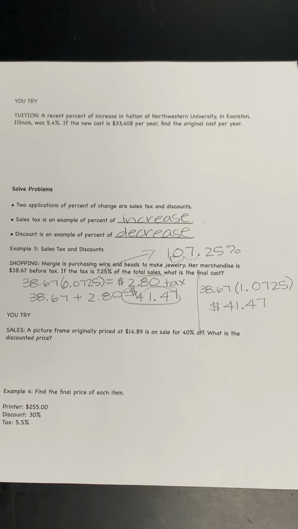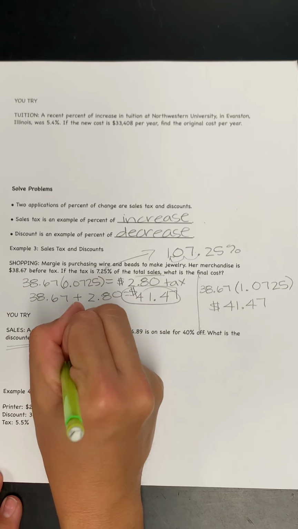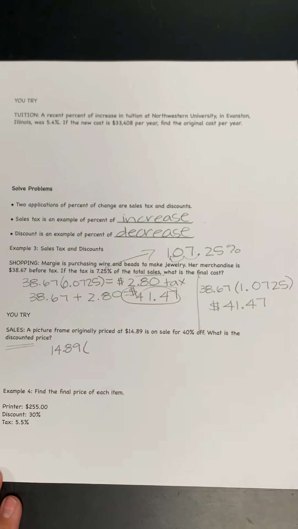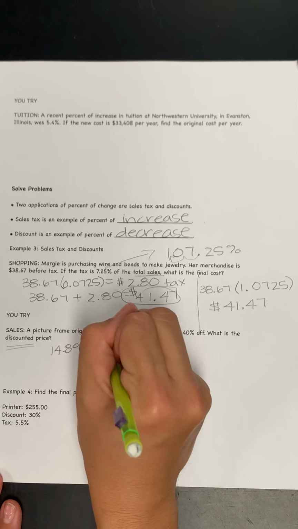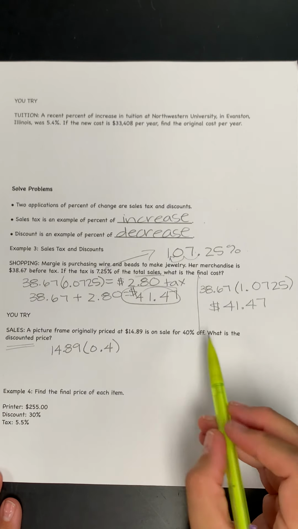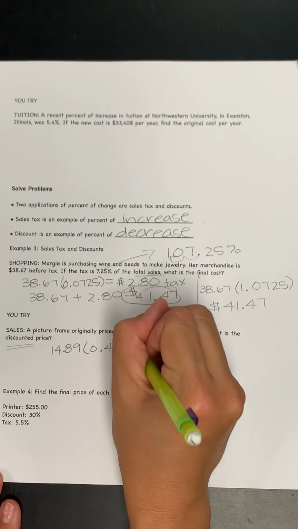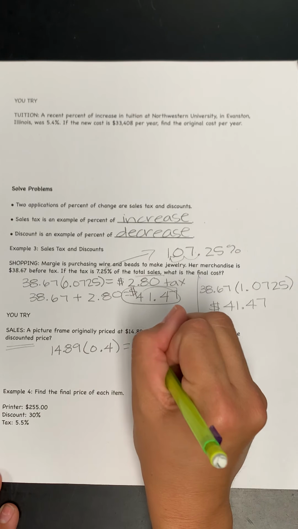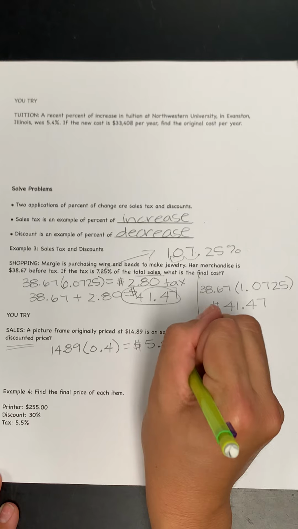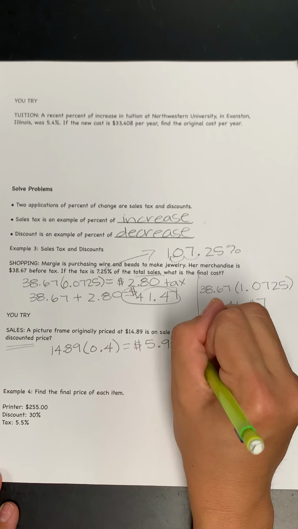picture frame originally cost $14.89. It's on sale for 40% off. What's the discounted price? Okay, so if it's $14.89, we can do the same exact strategy. We'd multiply it by 40%, so 0.4, moving it 2 places to the left. When I multiply those out, once again, don't forget to round to the nearest hundredth, I get about $5.96, and that's my discount